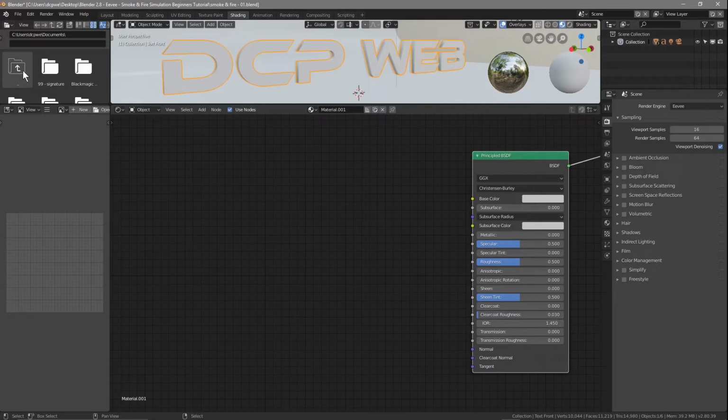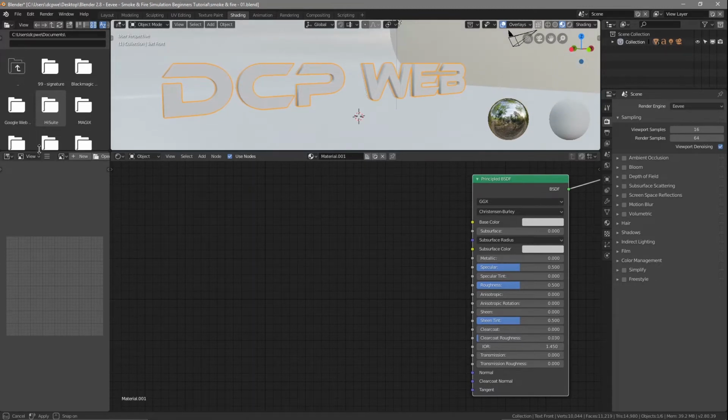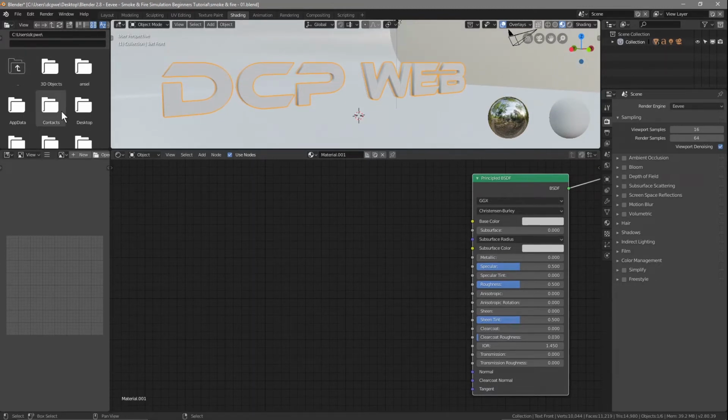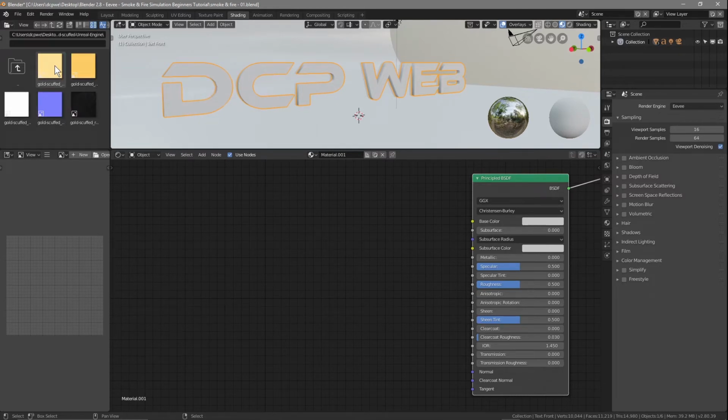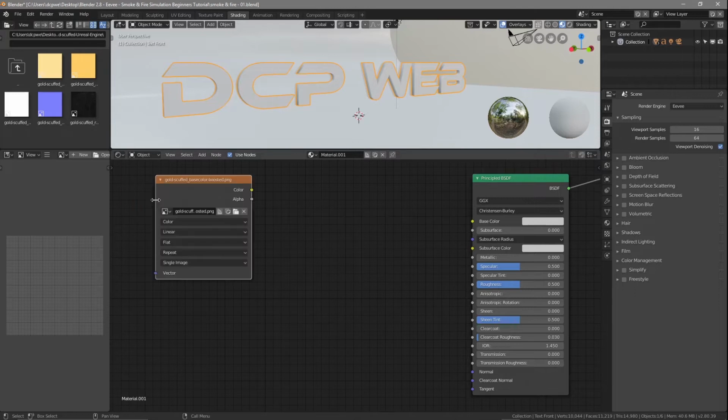So we'll go to my, let's just drag this down here. Let's go to my desktop, and then we'll go into this folder, and inside here we've got the font material. So we'll click there and click on scuffed gold, and then we can pick any of these two. They are both base materials. So I'm going to click this one, the one with a slightly darker color, drag that into the node editor,